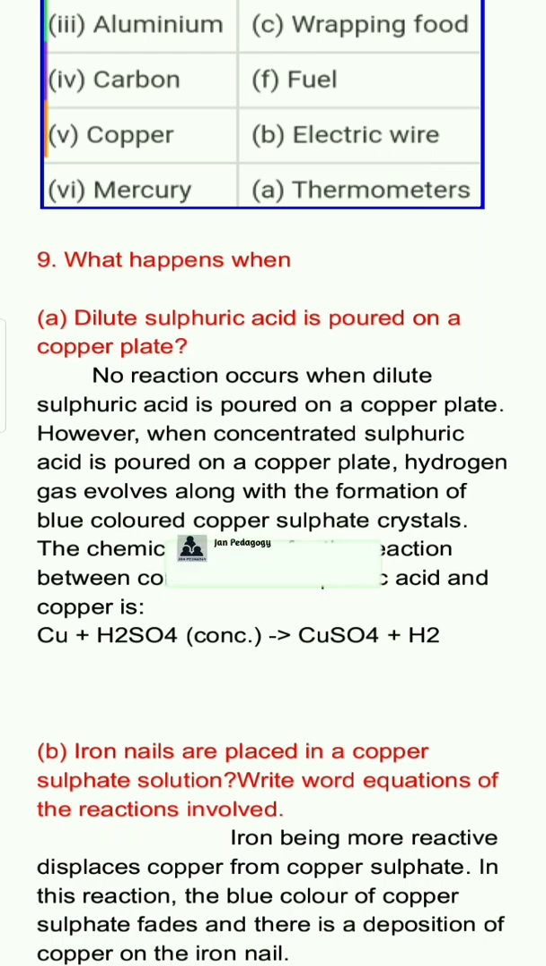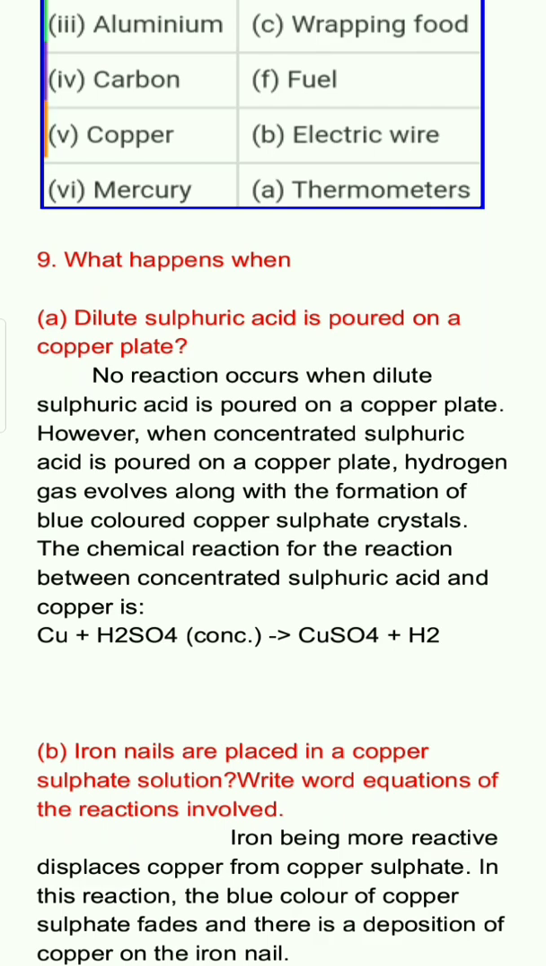Answer. No reaction occurs when dilute sulfuric acid is poured on a copper plate. However, when concentrated sulfuric acid is poured on a copper plate, hydrogen gas evolves along with the formation of blue-colored copper sulfate crystals. The chemical reaction is Cu plus H2SO4 concentrated